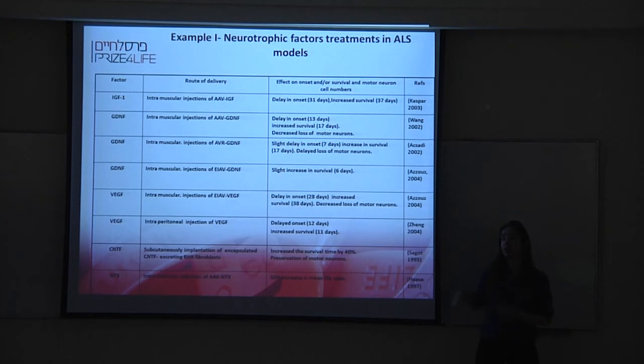Just pick weird words here, like weird things that you wouldn't like happening to you. Where? Oh, yeah. Down there. Decreased loss of motor neurons, yeah? Well, that's good, because they don't lose as many motor neurons as before, so that's nice.